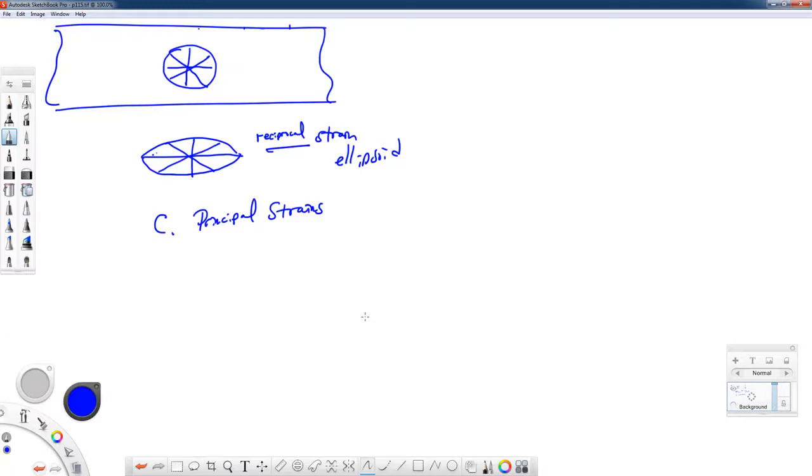So this visualization is useful and it's of interest to us in the context of strain, because for certain rotations of the axes, the normal strains take on maximal values. And in fact, the maximal values are the eigenvalues of the strain tensor. Additionally, the eigenvectors define the directions to the coordinate axes where this occurs. And even further, in these directions there is only extension or